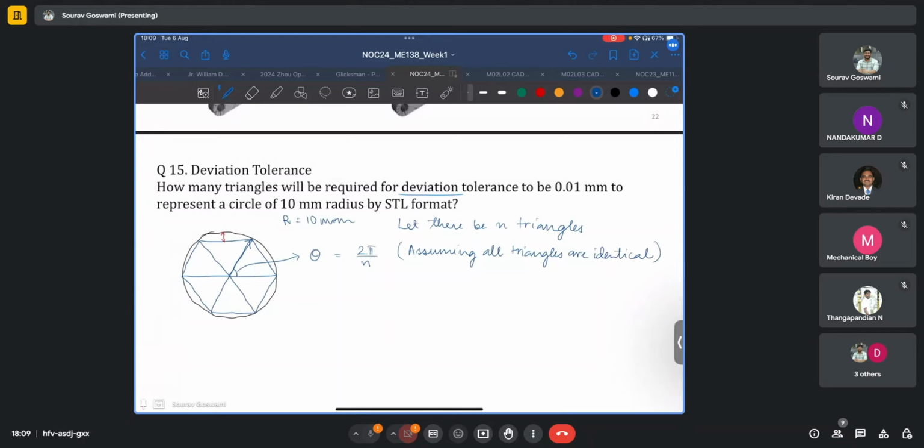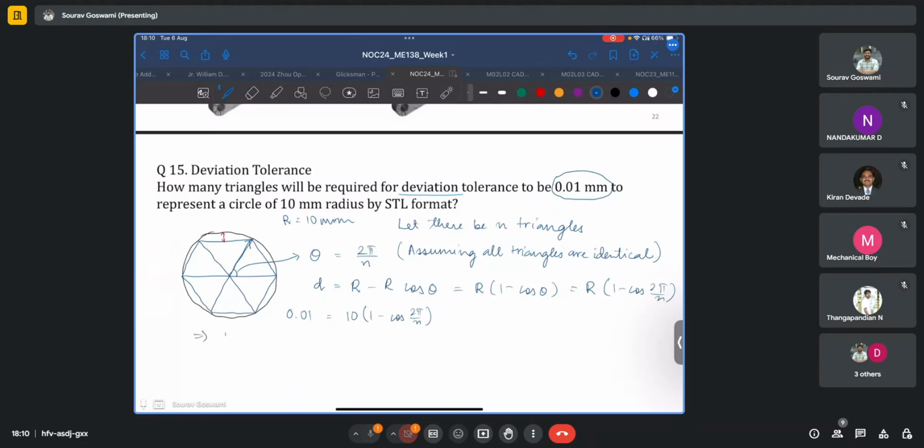And then we already have the formula for the deviation tolerance d, which equals r minus r cos theta, r being the radius of the circle, d being the deviation tolerance, which is equal to r times 1 minus cos theta, and in this case cos 2 pi by n. Now we also have the value for d, which in this case is 0.01 mm. So 0.01, the radius is also in the same units, mm, 10 times 1 minus cos 2 pi by n,